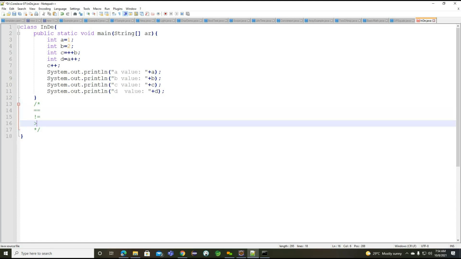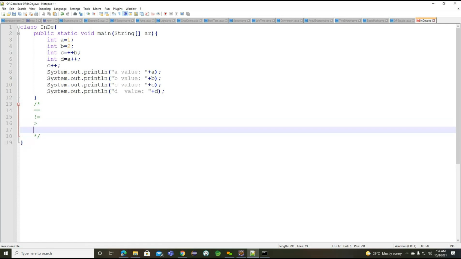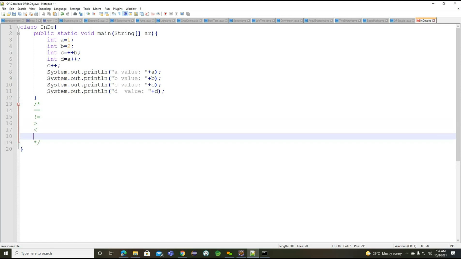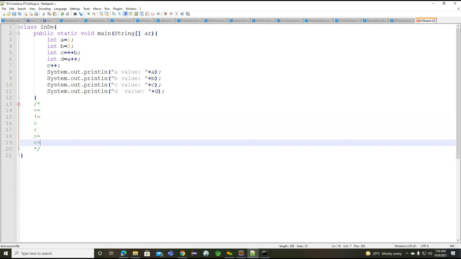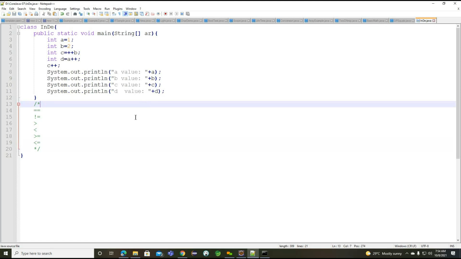And so we identify the greater than operator, and the less than operator. And finally, we'll work on greater than or equals to and less than or equals to. So these are the operators that come under the relational operator section. Getting the point. Whatever operator we are defining here comes under the relational operator section. Let's see how we can work on each and every operator here.